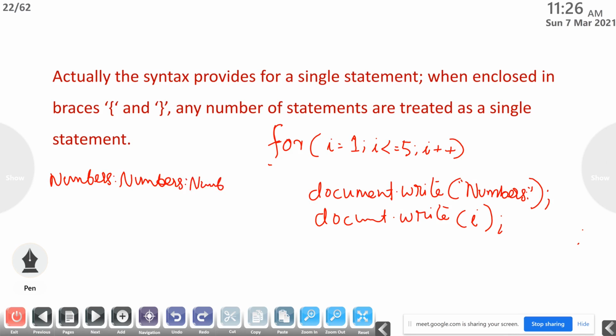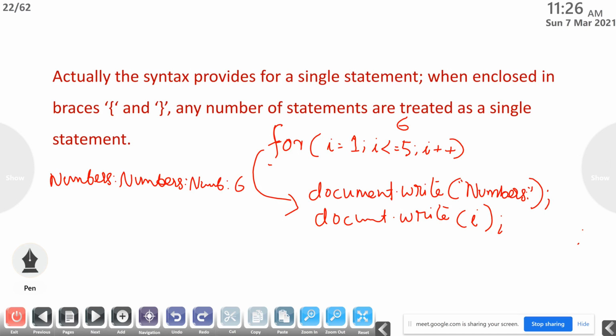How many times? It will print numbers 5 times. Then only it will move out of the loop. When it is out of the loop, the value of I equal to 6. After printing the fifth numbers, it will print 6. This is the output of this program.